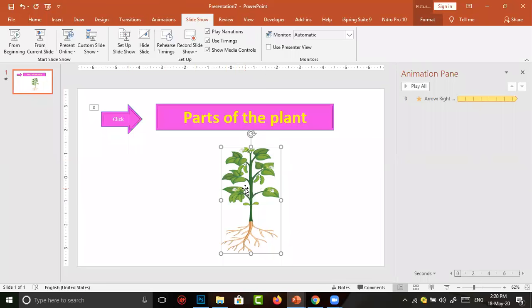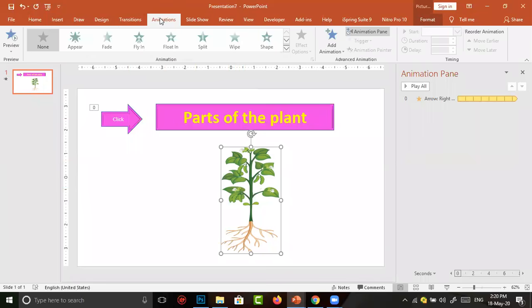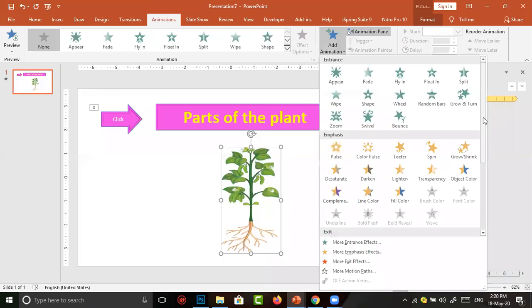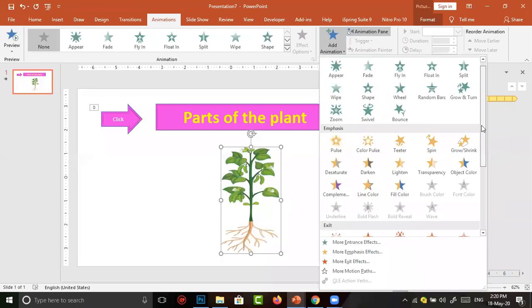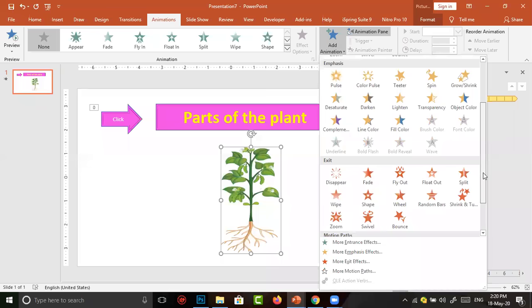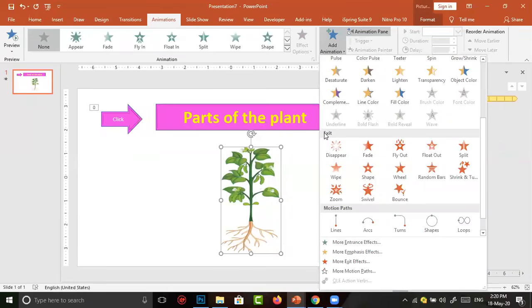For anything on the stage to disappear, we should go to animation, then add animation. So I am going to choose exit. If we give exit, the character or any object we are giving animation to should disappear. Now I am selecting fade.